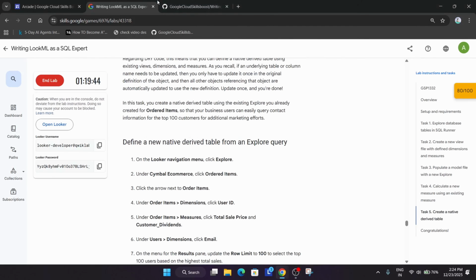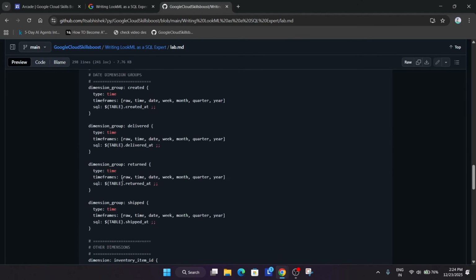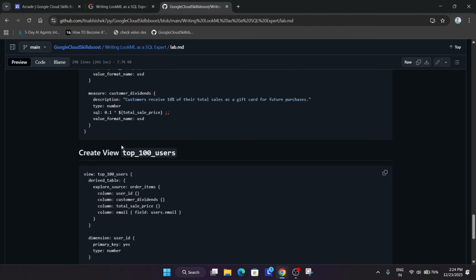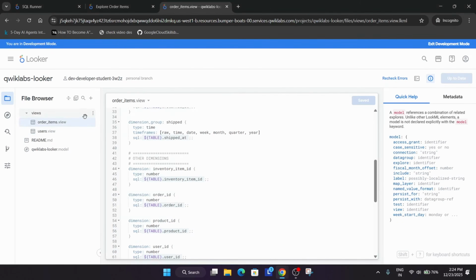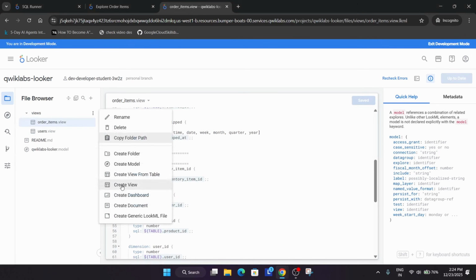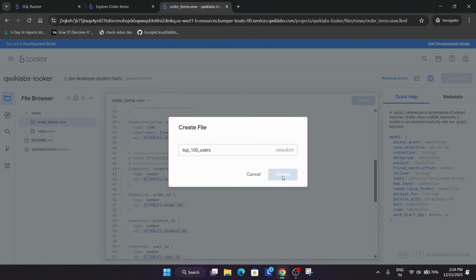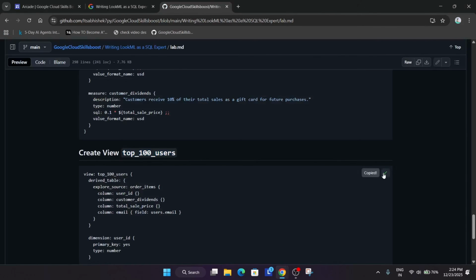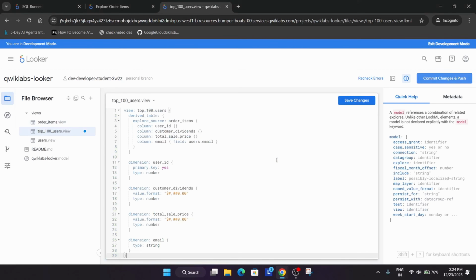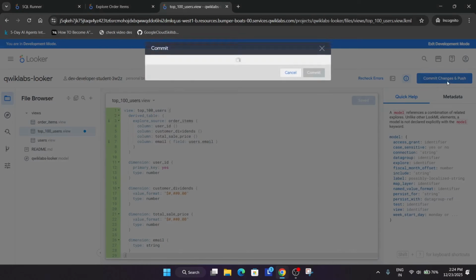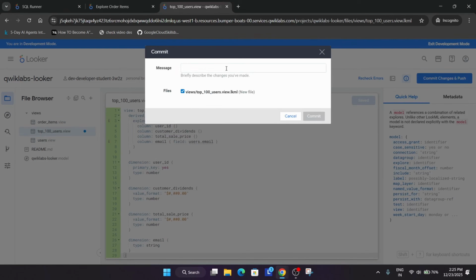Now for task number 5, again in the GitHub repo, come down over here, copy this name from here and just come over here and you can see this view, 3 dots, create view, paste the name over here and the entire content you have to copy and just replace it. Now once you have done this, save again, commit, I mean commit and dispatch, type any random message